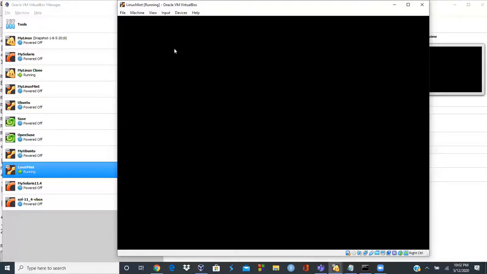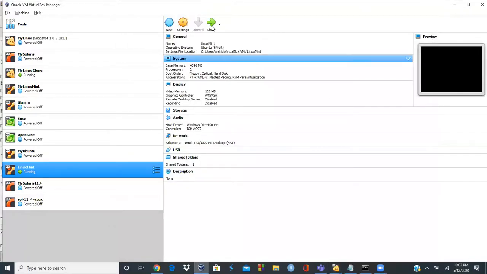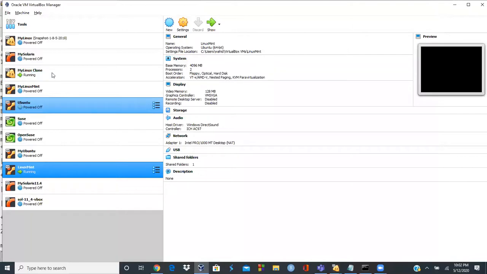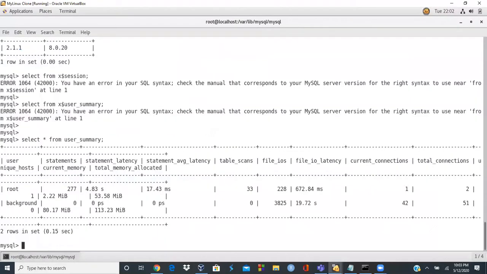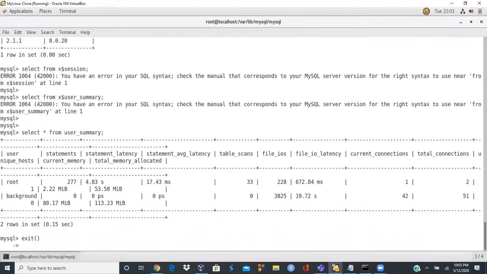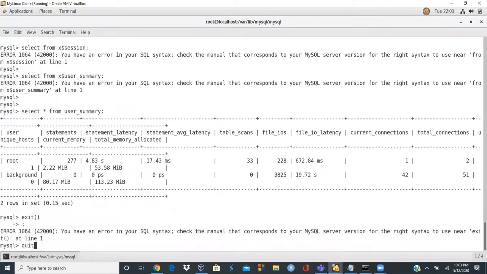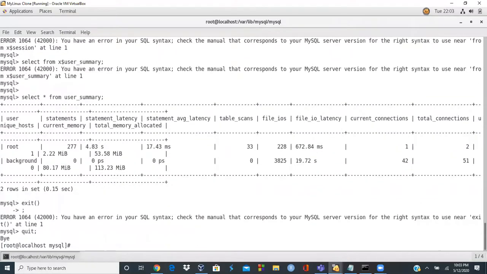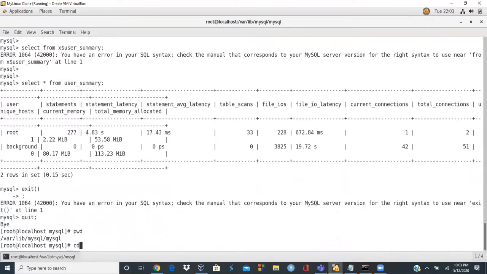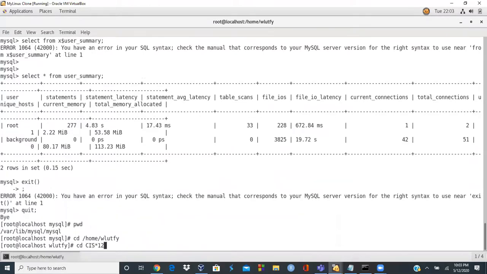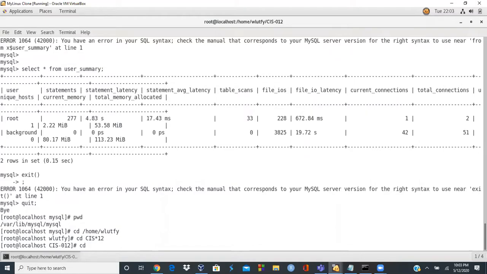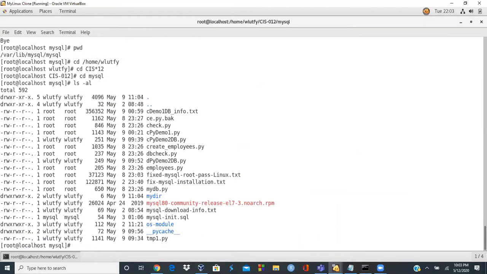Just to show you a quick demo of one of the Python scripts. For example, if I go on this other one that is already up and running, and let's say I exit out of this one and quit. So right here, if I go cd to home wlotfi and cis 12 and go to MySQL,